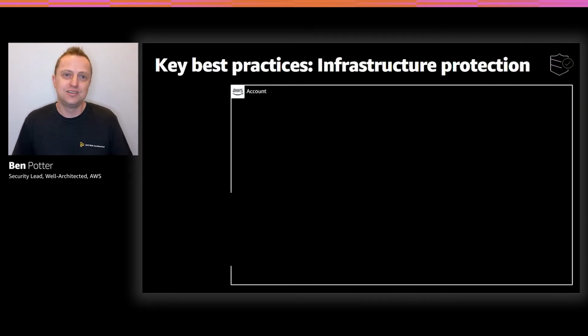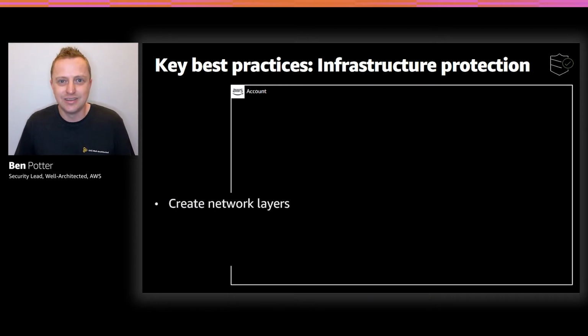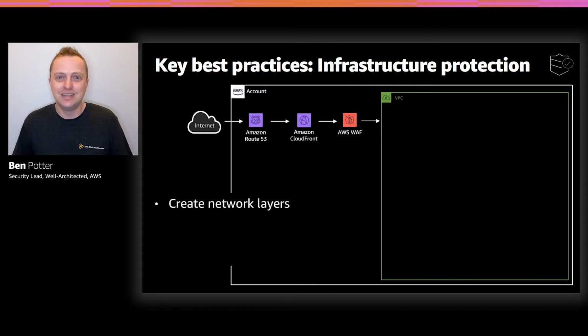So I've zoomed in on this account that's running the workload. What we want to do is implement network layers. So we want a multiple layered strategy, a bit like an onion. And the more you get into it, the more you're going to cry as an attacker. So you have an internet connection,